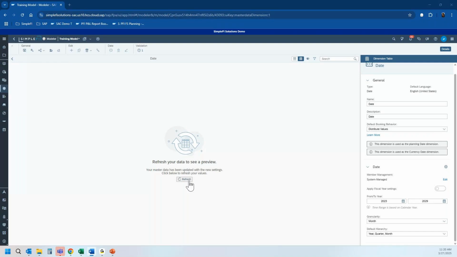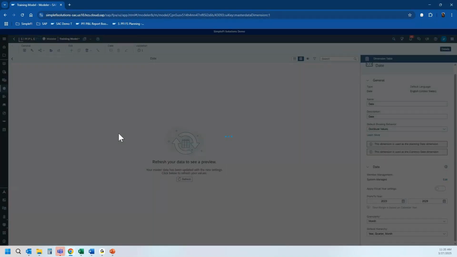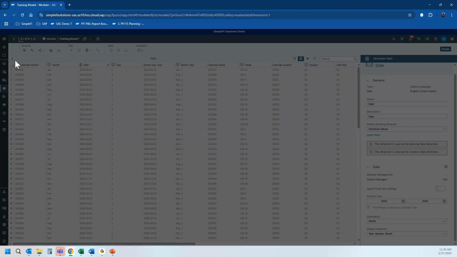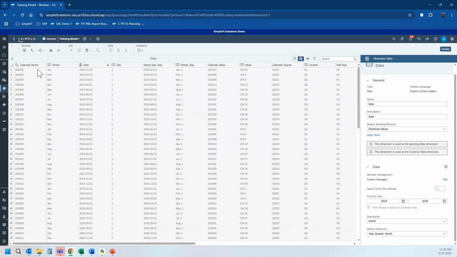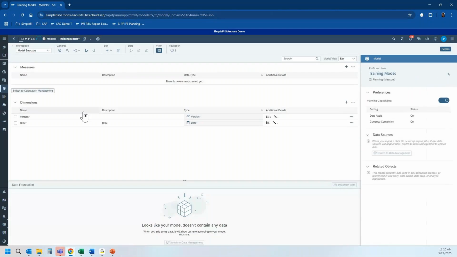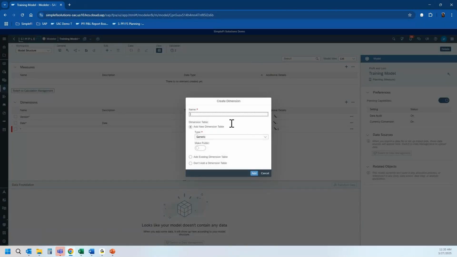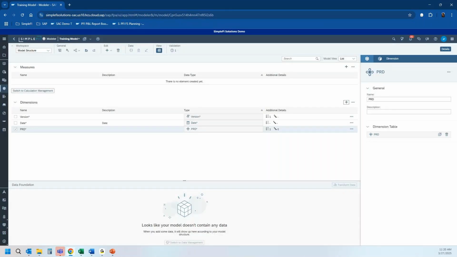I'm just going to refresh this, and this is actually just going to build out our date dimension table based on the new information that we've set and the new dates. I'm going to go back, and what we're going to do now is we're actually going to add a new dimension, and we're going to add a dimension that's product. So I'm going to go ahead and add a PRD, and we're going to keep this as generic, and we're going to make sure everything else is unchecked,